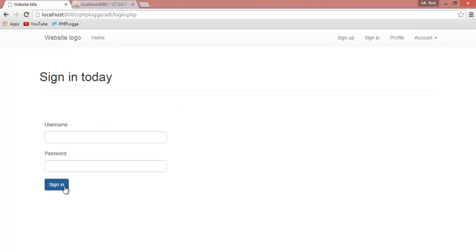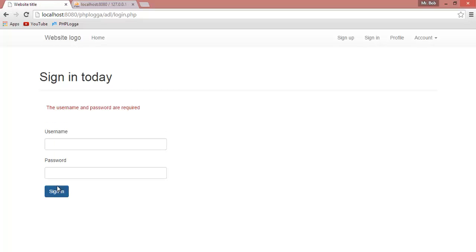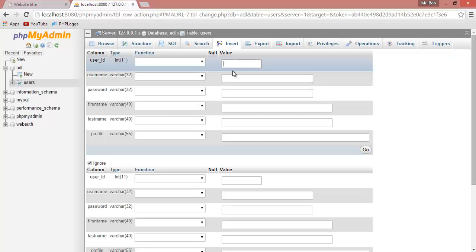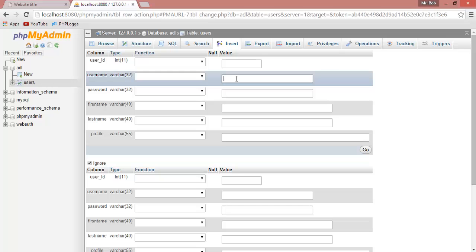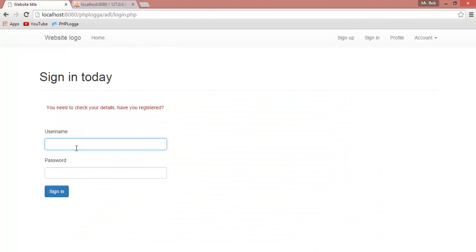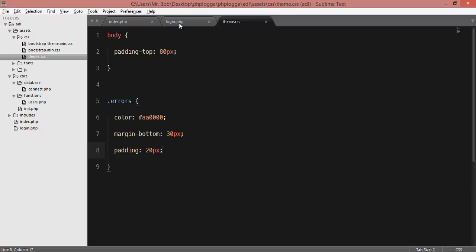So now I want to sign in with nothing. That is, the username and the password are required. I want to use wrong detail. Okay, you need to check your detail, and then I want to insert. Okay, inside here you need to create Bob, password and choose MD5 right here, and then Bob mark. For profile is empty for now, and go. And I want you to remember, if I